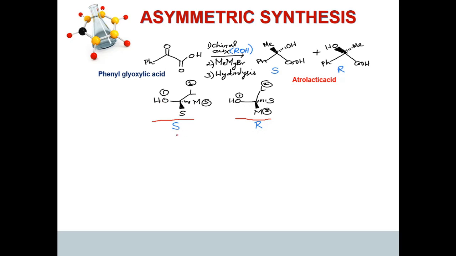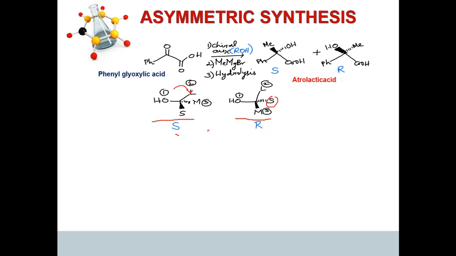Now this chiral alcohol is, let us say, where I have my numbering 1, 2 and 3, I have my large, medium and small group. Since my small group is oriented towards me, and when I number it I end up with 1, 2, 3, so I move in a clockwise direction. But the small group is oriented towards me, so I have to take the opposite configuration, therefore it is S. In this case I move from 1, 2 and 3, and my small group is moving away from me, so I have to take it as such, so it is R.